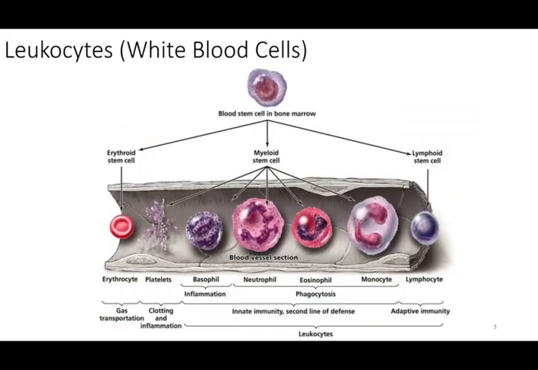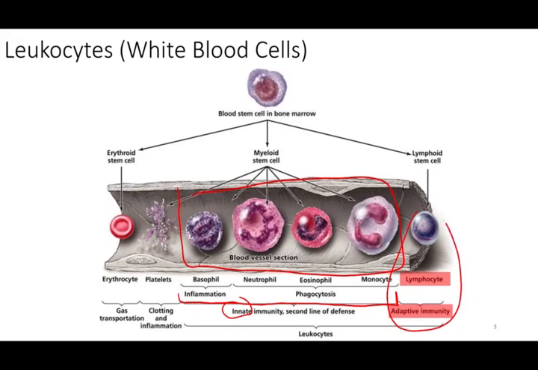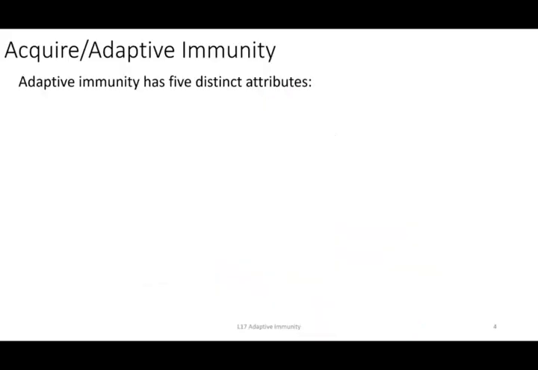So this also we saw in the last lecture. And so these were the four that I just mentioned, and you can see that they are bracketed under the innate immune response. So if you look at this bracket, it's going to encompass these four. And so the one that we are really interested in that's going to be driving this adaptive immune response are again called lymphocytes. And so those are the ones that we want to better understand. So we'll talk about those first, and then we'll break them down and see how they function and the processes that they are carrying out to help develop this adaptive immune response that we're interested in. Before we get there,